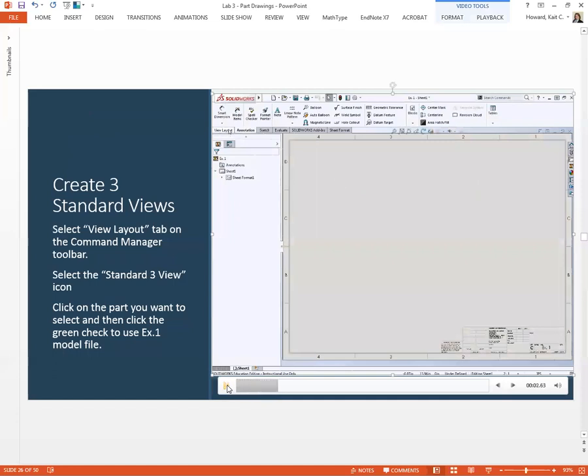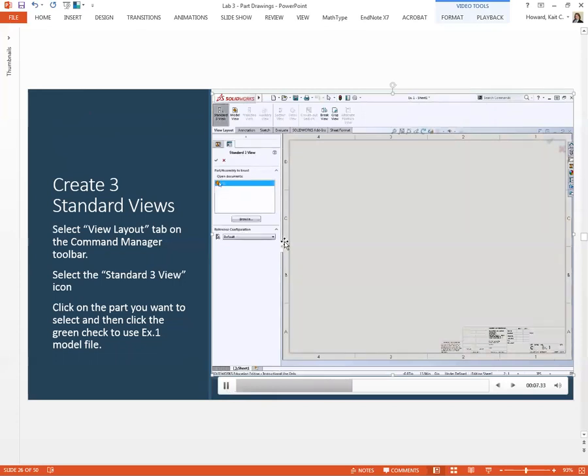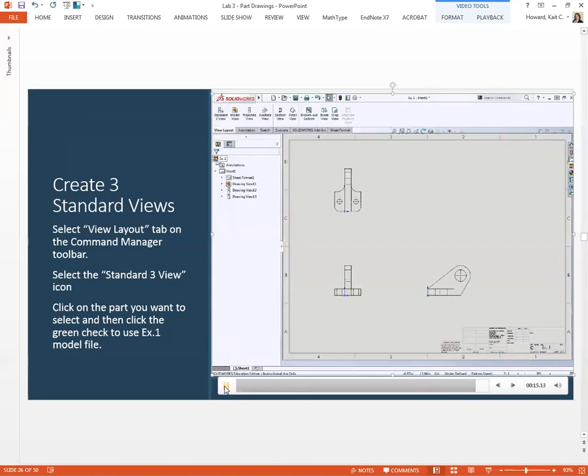So in your View Layout tab in your Command Manager at the top, you're going to select Standard 3 View. It's going to give you a choice of which part. If you only have one part open, you've just got one choice. It's probably already highlighted blue, and then you can hit your green check. It's going to bring in your 3 views at the scale that it's suggesting for the sheet size that you've got. Now, you can change that,